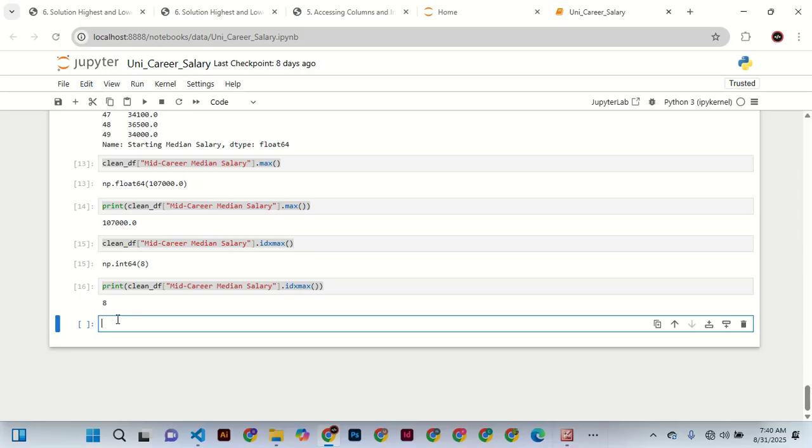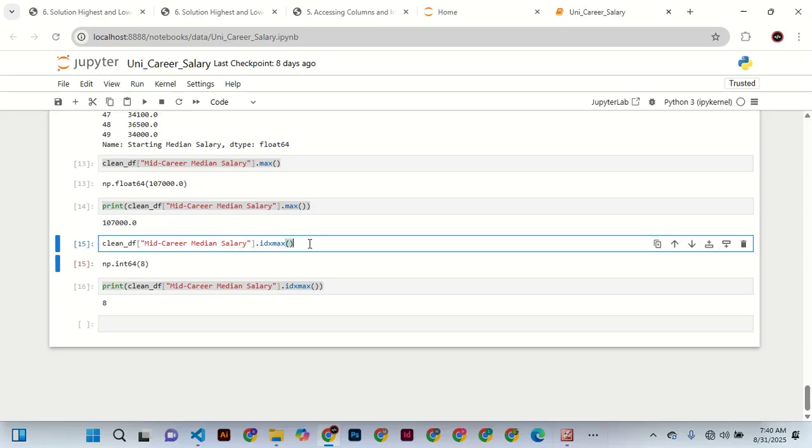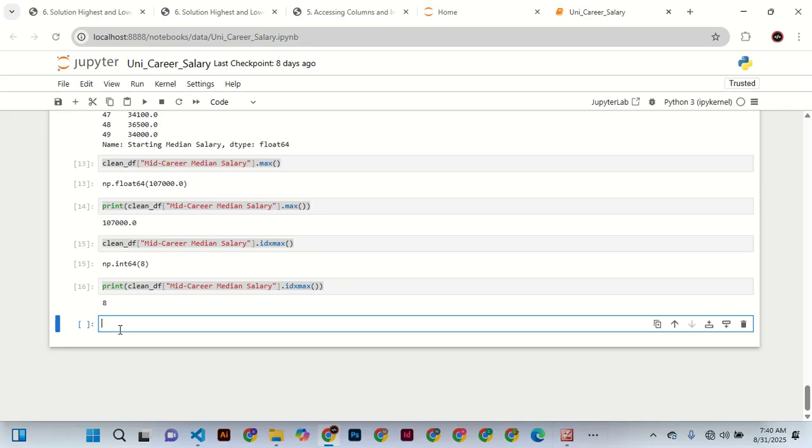we can say clean df, or just copy this so that we save the time. So clean df, we have this thoroughly, but now what we want is this one, which is 8. So this we can say, let's take out the 8